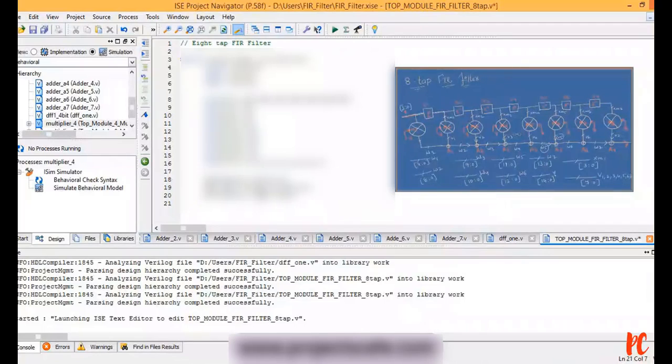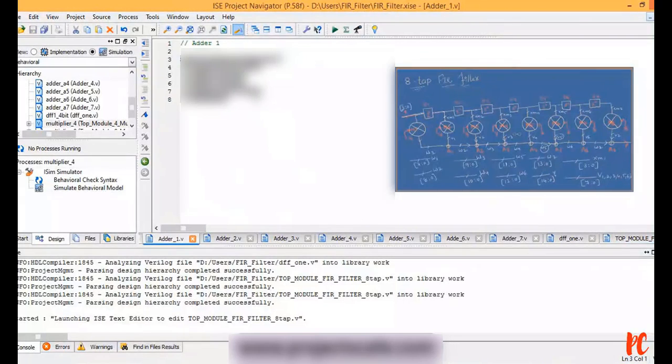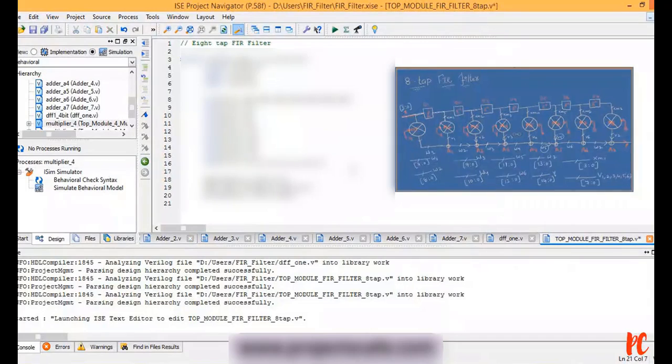The next will be, I need to take the first adder, and where is my first adder here? And the model name of my first adder is something, copy, Control V, let me type this instance name as A1, W2 comma W1 comma V1. For the second flip-flop, I need to take D2,